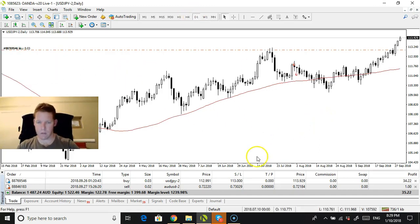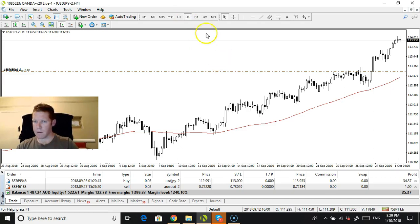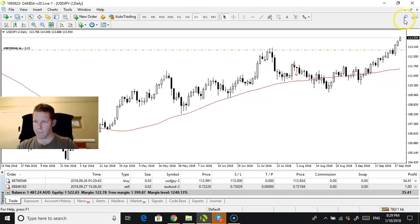Currently, as you can see, the stop loss is just above break even, and there's not really much that I'm going to do to this. Will I add to the position? I haven't really put a plan together to add to it,